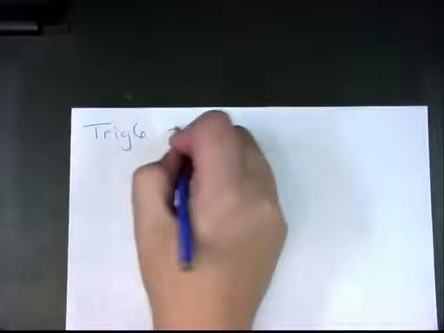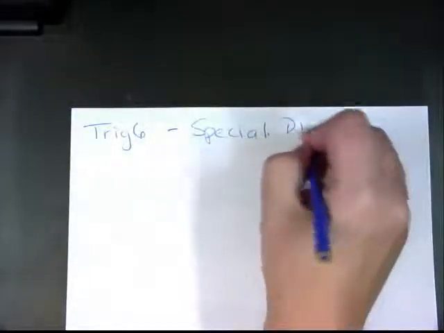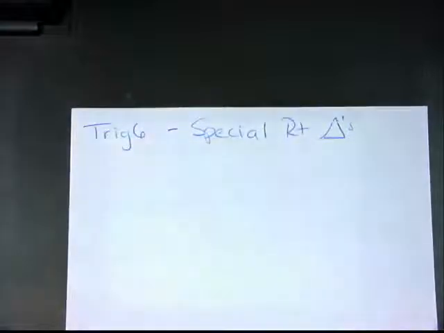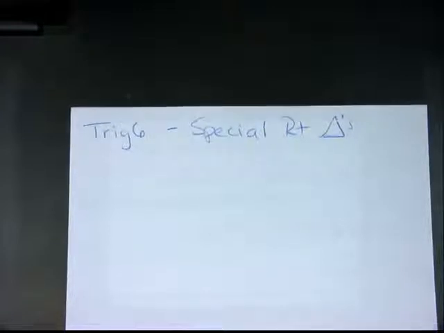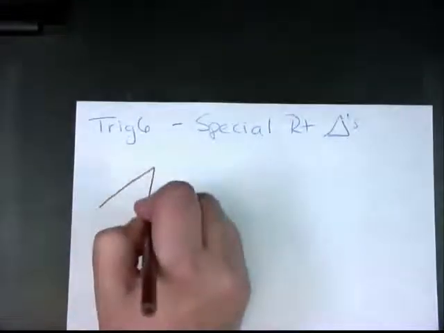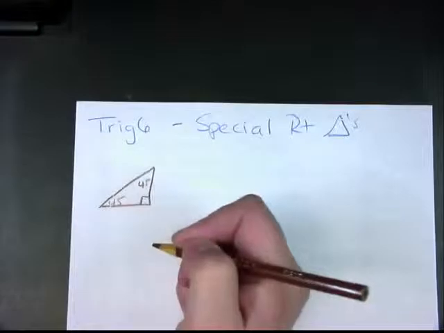Trig 6. Trig 6 is talking about special right triangles. This happens to be a very large concept of almost everything we do with trig this year and next year in pre-calc. And our special triangles are 45, 45, 90,